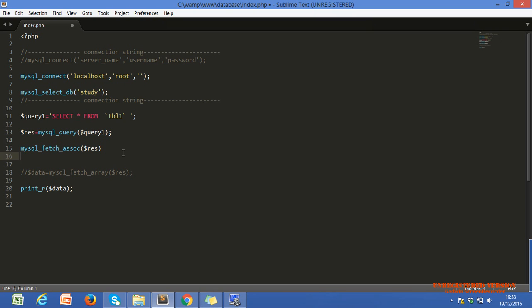And Khushi, do you remember what is the associative array? Okay, okay, Rakhi. Khushi, do you remember? Khushi, are you there?